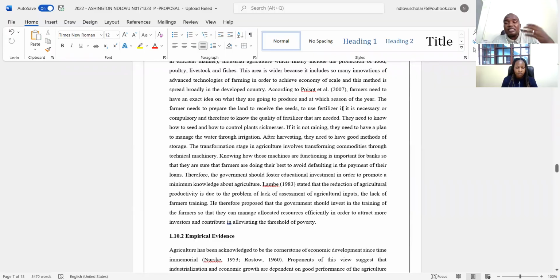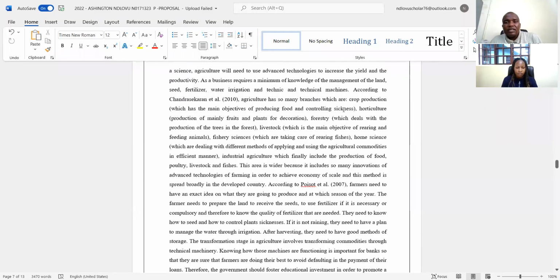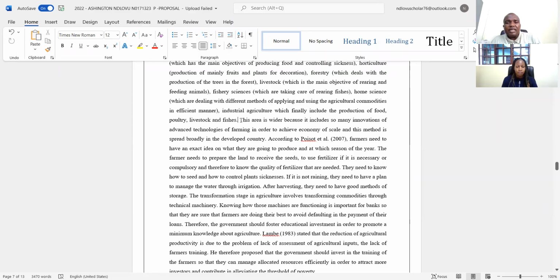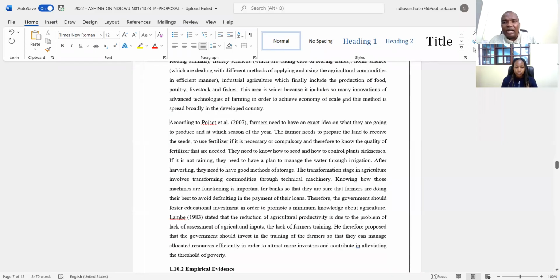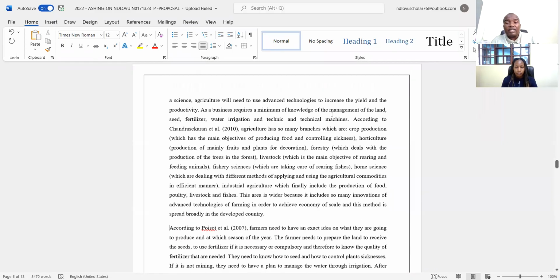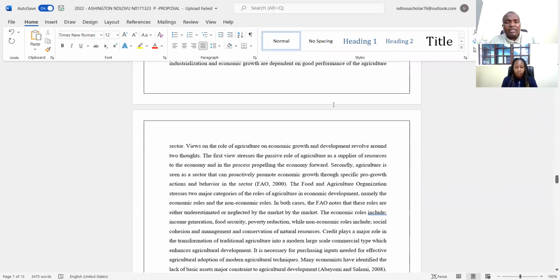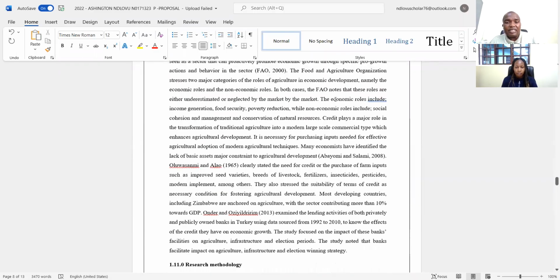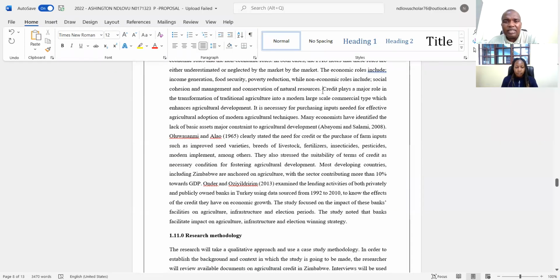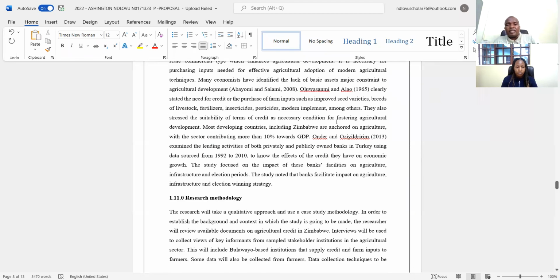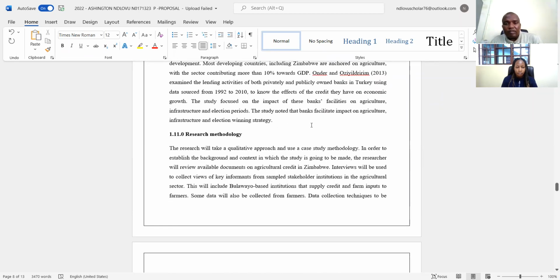Different ideas must exist in different paragraphs. Let us assume in this area, the student has started a new idea where they say, according to so and so, it will be a paragraph under the conceptual or theoretical framework. And then they move on to empirical evidence. Again, it is too unwieldy, it's too long. Let us assume here the student is starting a new idea, it's just an assumption. It will be a second paragraph. And then they conclude with a concluding sentence. And then next we move on to